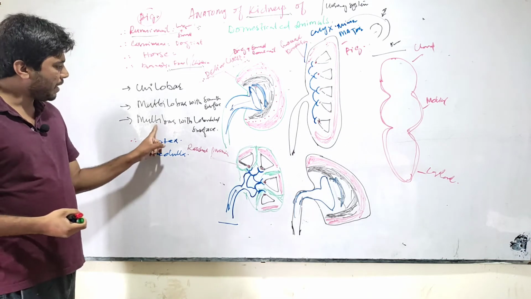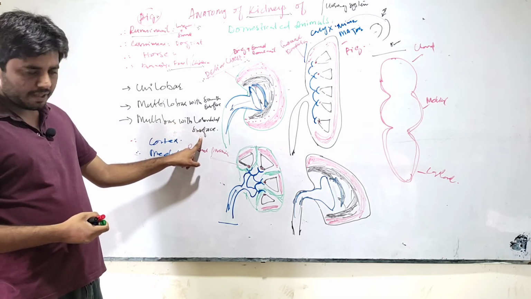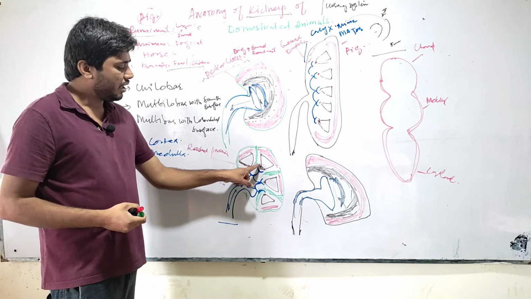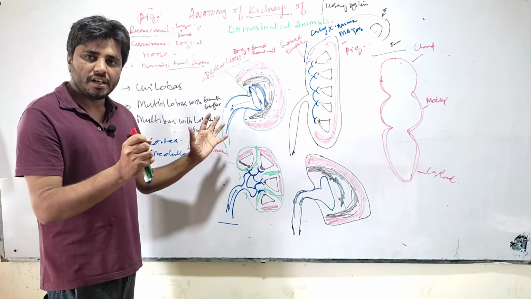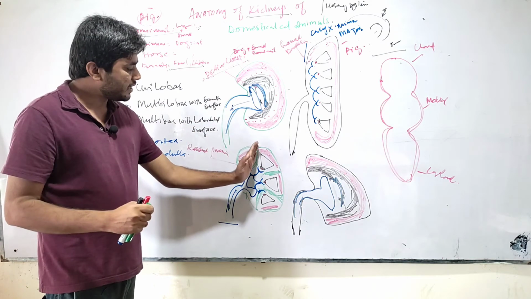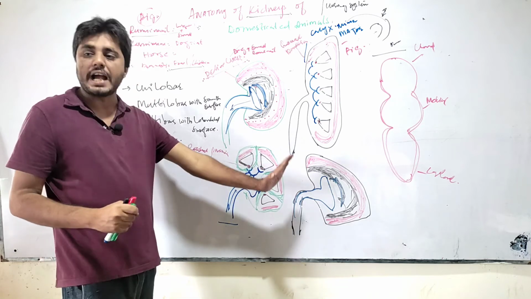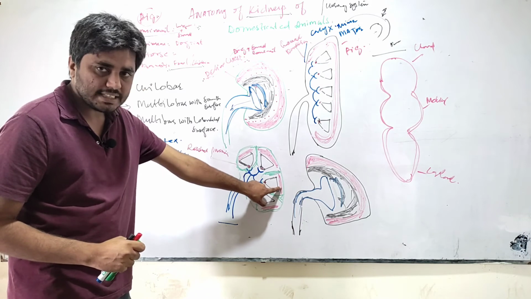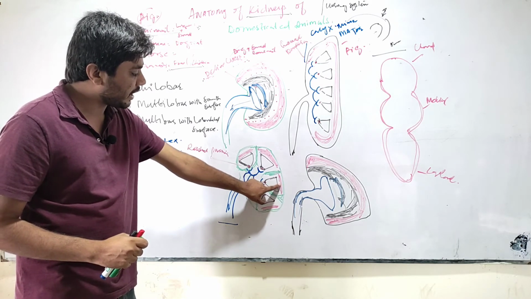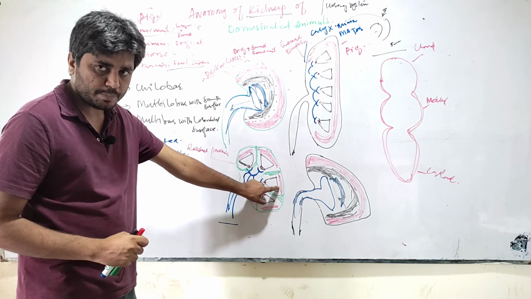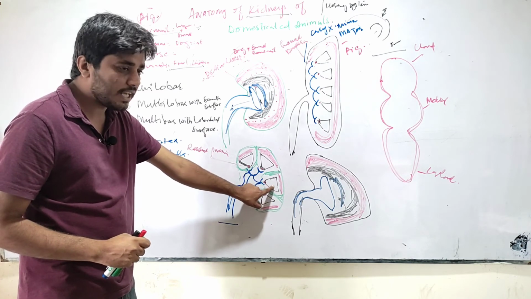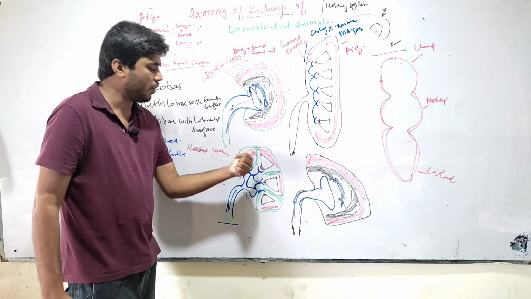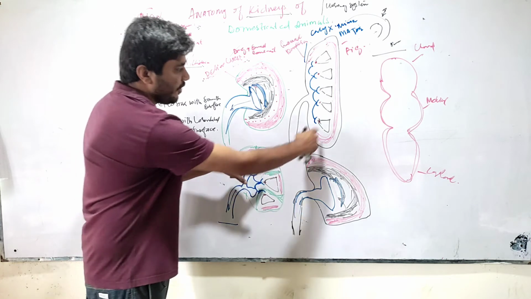If you are looking at the multilobar kidney with lobulated surface, that is the example of cattle. Why? Because externally this kidney is divided into many lobes by fissures, and this lobulation continues into the internal side, into the cortex. Here the cortex is not fused, and the medulla is also not fused, because each lobe has its own cortex and its own medulla.